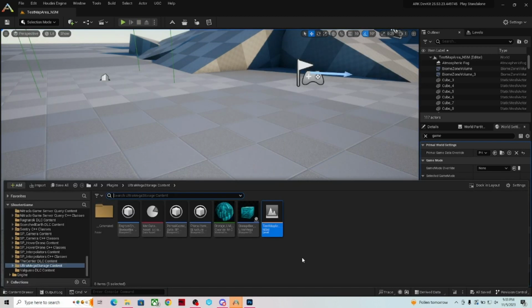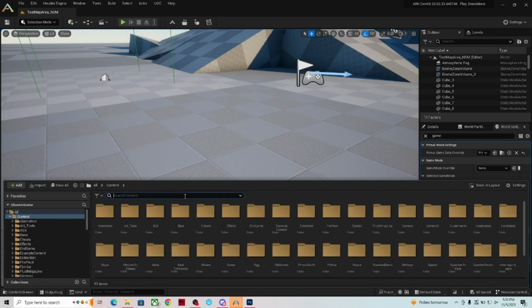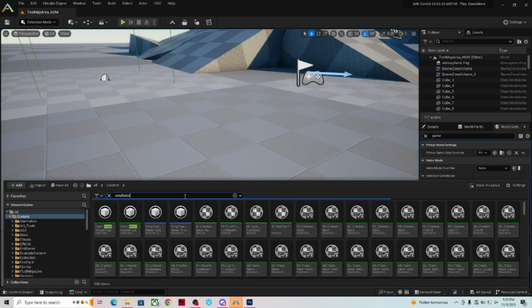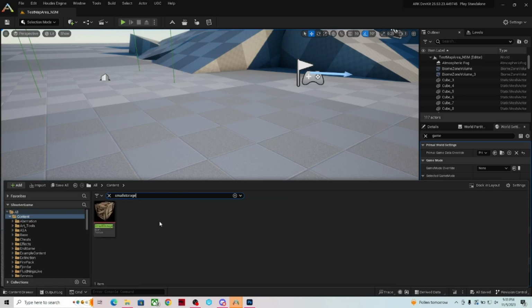There is already an icon. We just saw it with all of the other storage boxes there, or all the other icons. So let's go up here and let's type, I believe it's called small underscore storage. Oh, it might not be an underscore, so storage. There it is. So clicking on content, and we typed small storage into the search bar. We grab our